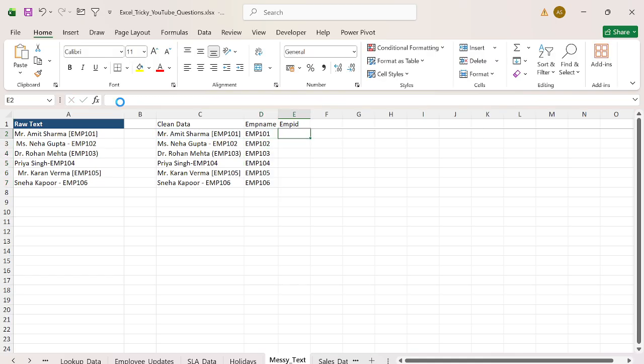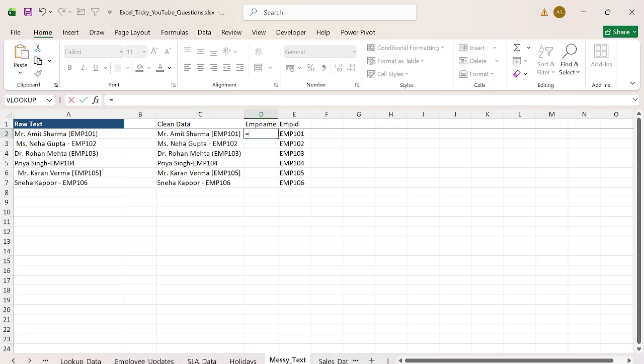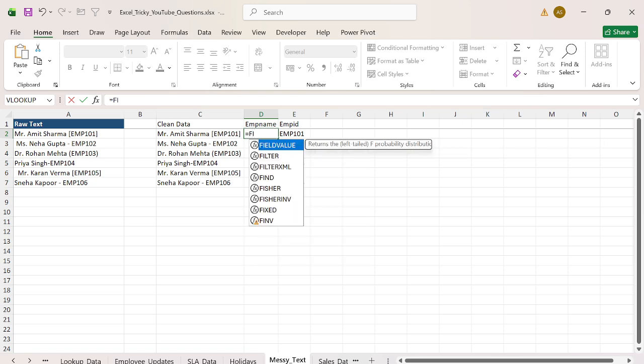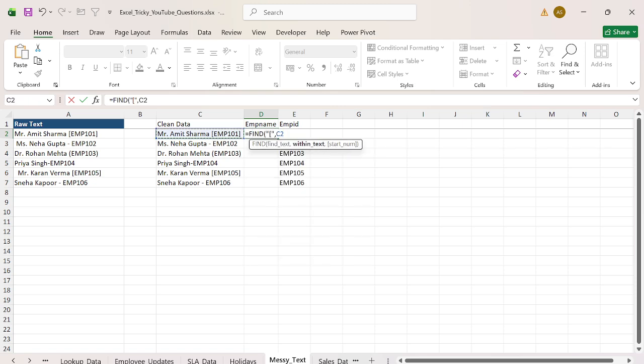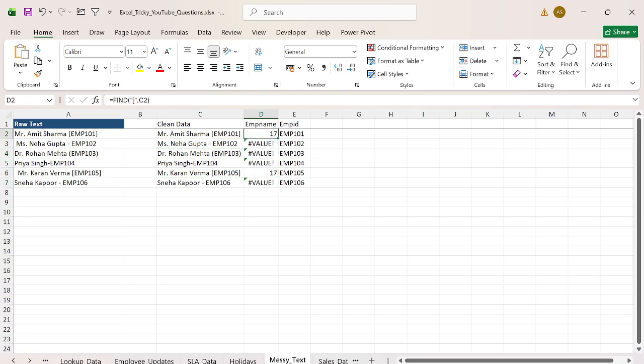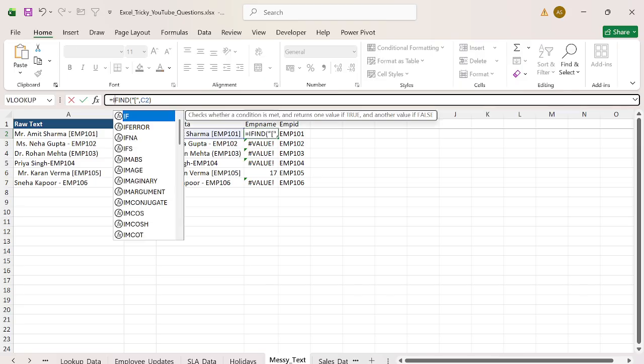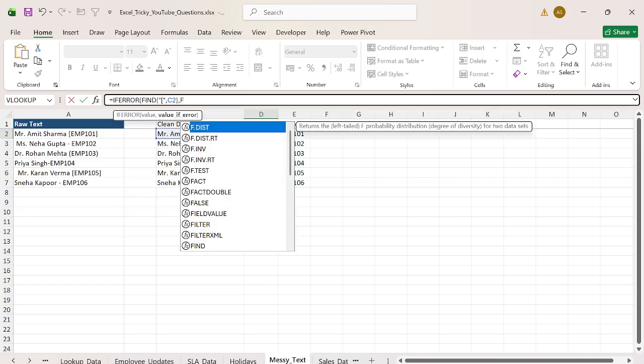This is the complete employee ID, guys. Okay, employee ID we have extracted out. After that, employee name. So right here, find, get the square bracket position. If we don't have a square bracket, then we have an open bracket or hyphen. So if error, then find again,